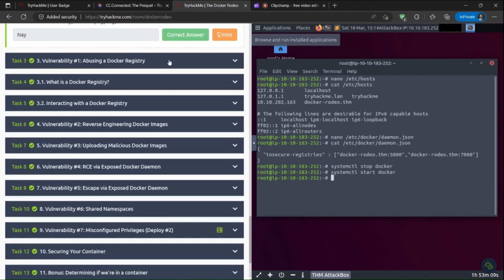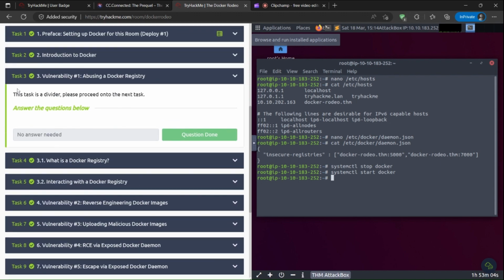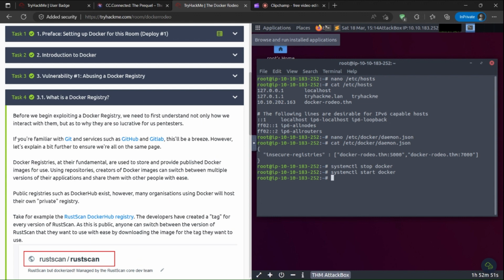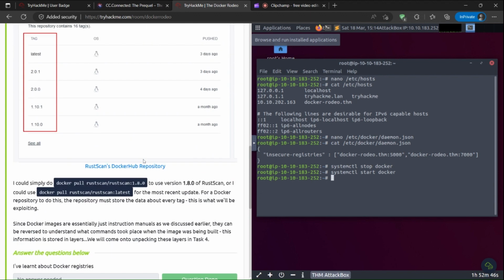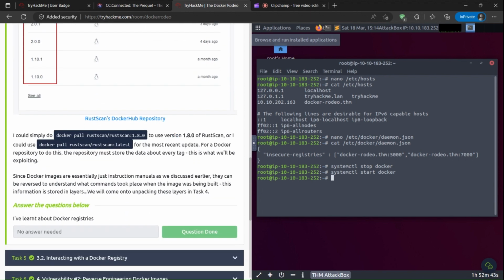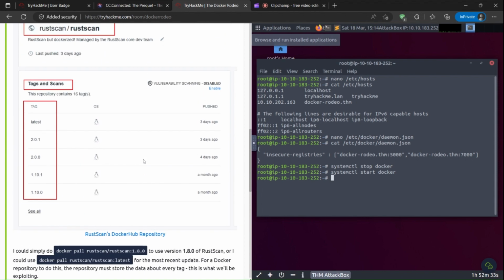Let's continue. Task 3, vulnerability 1, abusing a Docker registry. Okay, it says this task is just a divider. Please proceed on to the next task. Then task 4, what is a Docker registry? Let's focus just on running the commands. Please do most of the reading on your own. Okay, no answers needed here, but